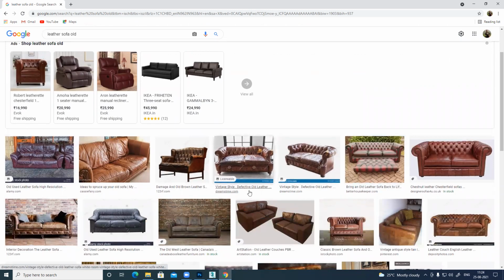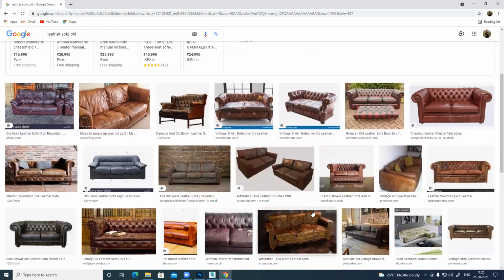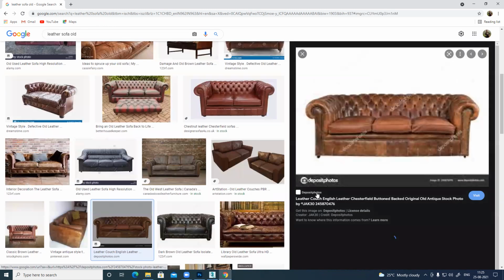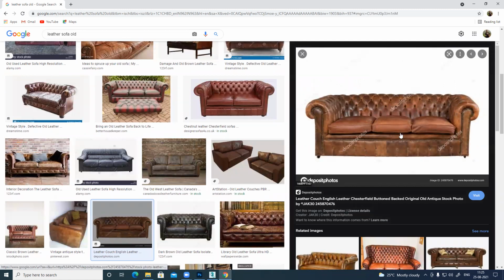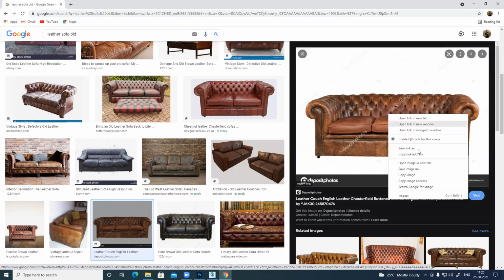So let's see. We have a decent one. This looks nice. The color looks nice actually. What you see, like those dark tones: if you use leather, those areas you touch become shiny, dark and shiny, and less used areas become light and matte. So that is something you also have to consider.